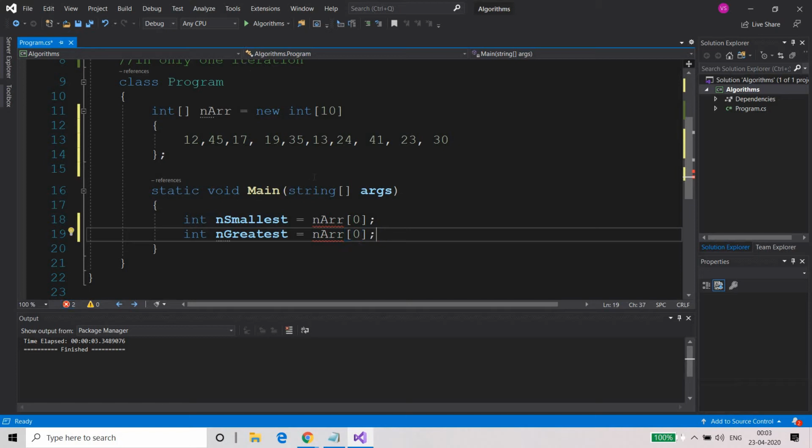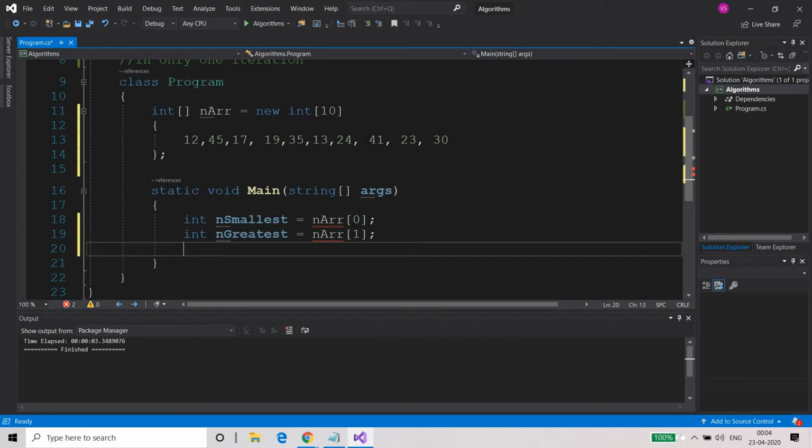Okay, so these are the two elements which I have placed here. I can do this as well, I can place the greatest one in array 1. So this is not necessarily any comparison. You can put any value in smallest and any value in greatest, right? I'm just putting some values in smallest and greatest.